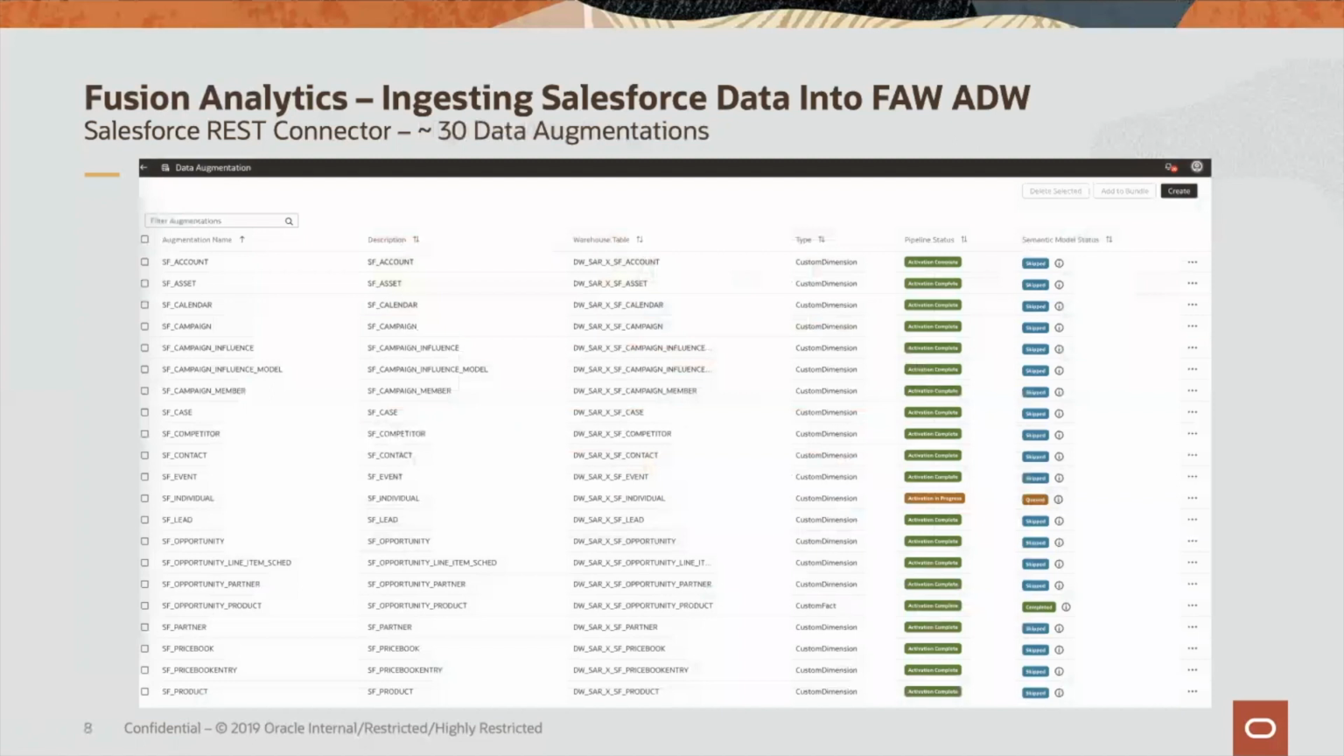So what we've built, and I switched to the Fusion analysis screen in a few. We built a series of data augmentations on the Salesforce data. We extracted the account, Salesforce table, the asset, calendar, the campaign, campaign influence, and campaign member, the case, the competitor, the contact, all those